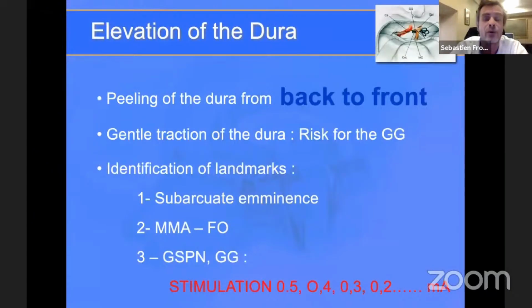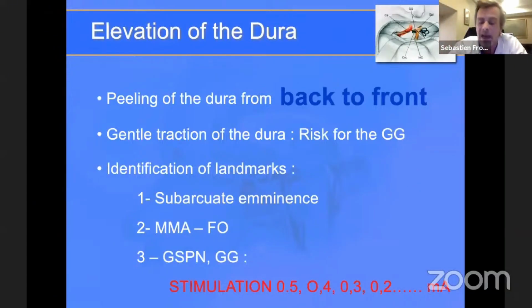Then you need to elevate the dura from the temporal fossa floor. You elevate going from back to front, with gentle traction of the dura. You have to be careful with the geniculate ganglion if it's not covered, and you progressively identify your landmarks: the arcuate eminence posteriorly, the foramen spinosum with the middle meningeal coming out, and a little bit more anterior and medial, the foramen ovale. Once you have this, you cut the middle meningeal, and you can peel the dura a little bit more medially to